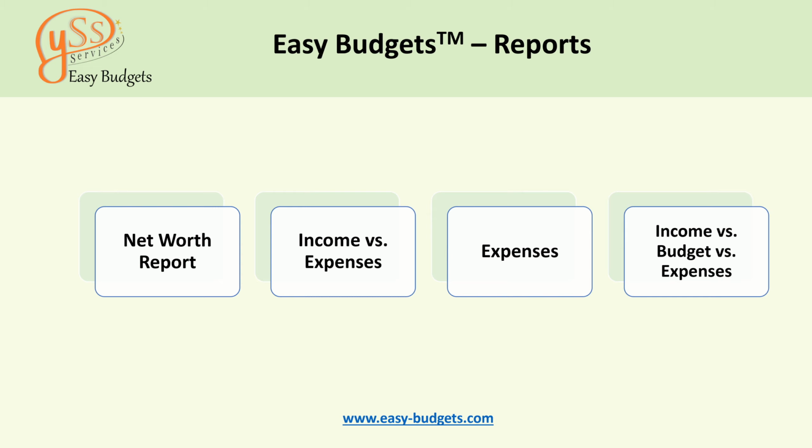So income versus budget versus expenses. This report will furnish information on what income you received, what you budgeted for a category or subcategory, and what you spent or saved on that budget or on that category or subcategory. You can pull this report again based on the time period that you want to see. You can pull the budget for a category or for a subcategory, and you can view the report broken down account wise. And all these reports can be exported to a spreadsheet. So we will see all these functionalities in detail in the upcoming videos.